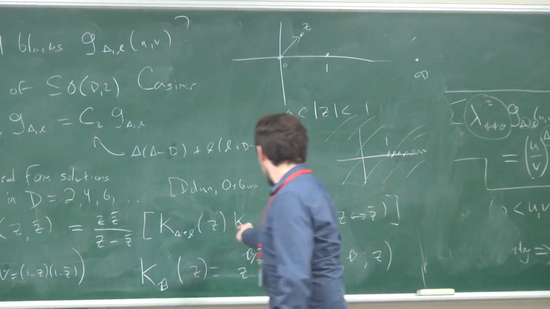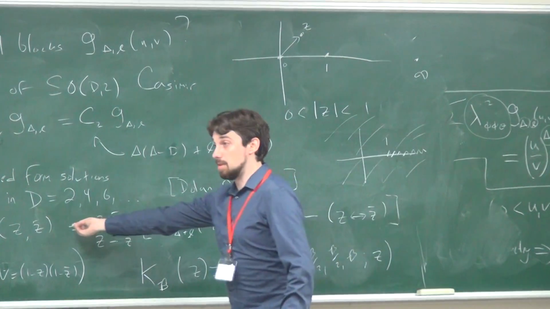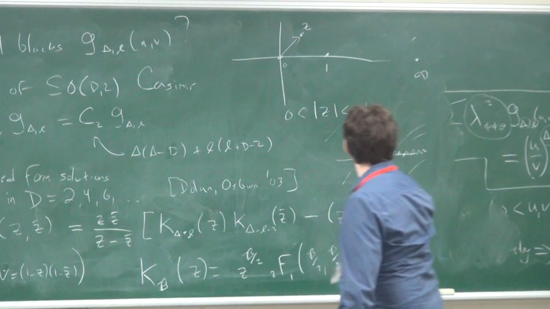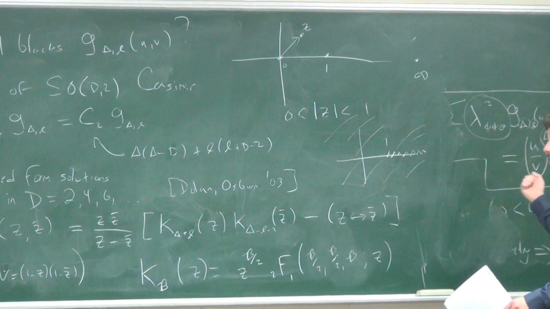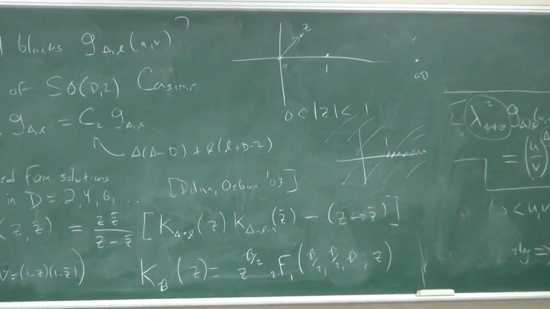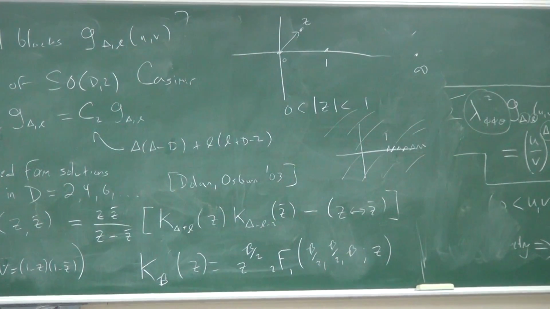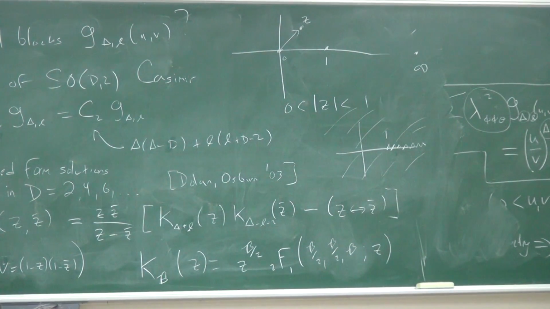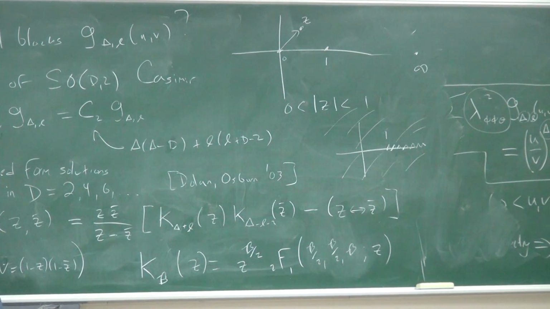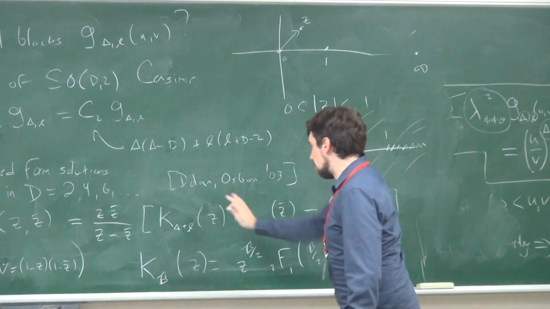And as you can see, actually this block doesn't depend on delta phi. Actually, in more general situations, that's sort of an accident. In more general situations, if I have, say, 4 different scalar operators, then the conformal blocks start depending on the differences in scaling dimensions. But in this simple case,